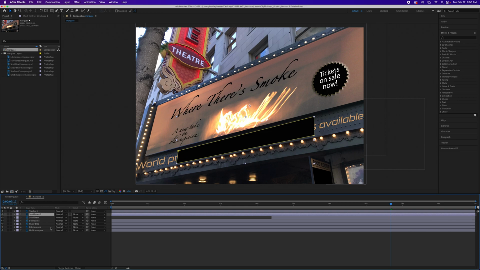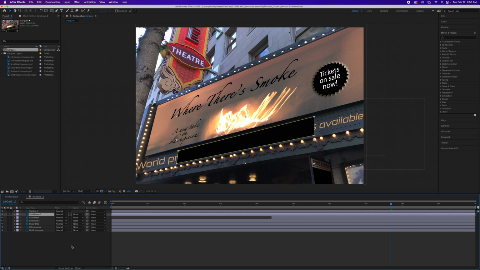Now when we do that, you're going to notice that it now overlaps it, because it's like any other application. As we start to build that, the things at the top are the things that are visible. Things as we work our way down below become objects that go behind those upper layers. So once we have it duplicated and located above that, we want to make sure that we are in our settings so that we can see our track